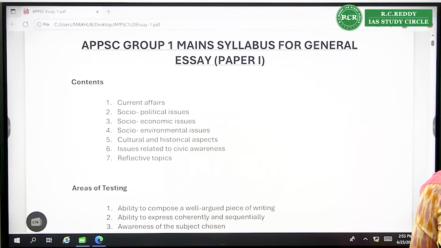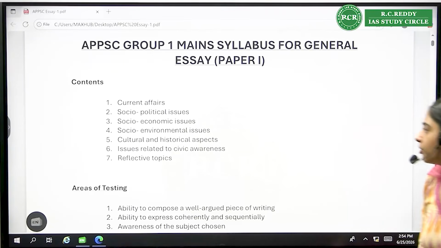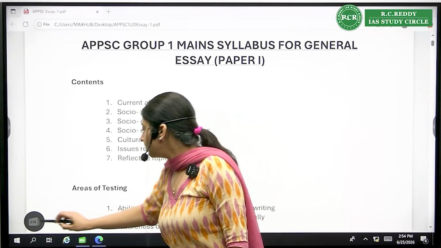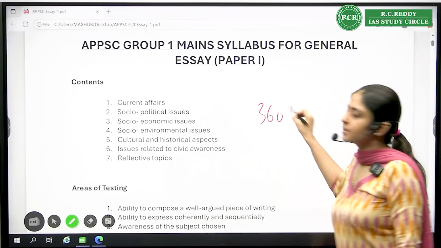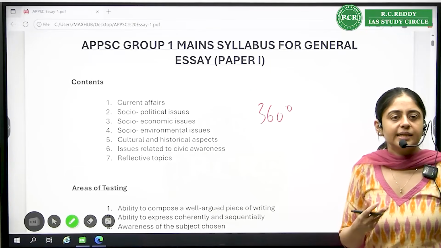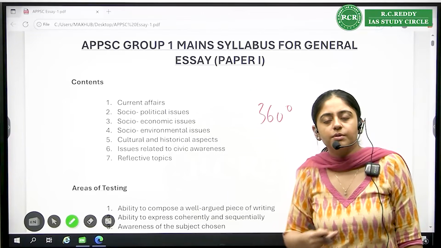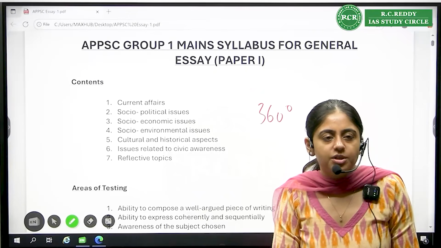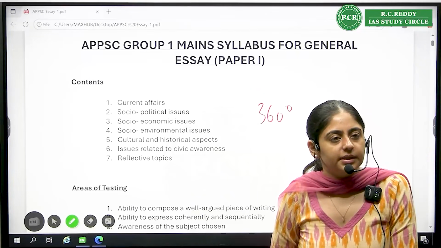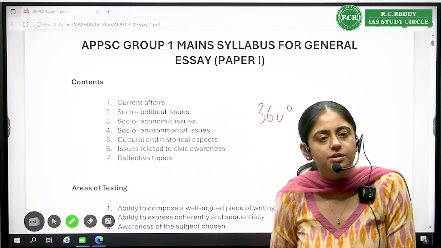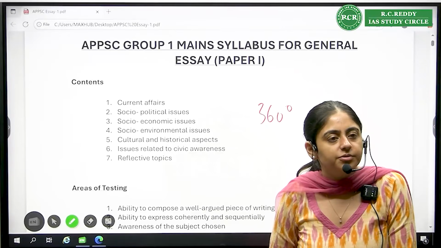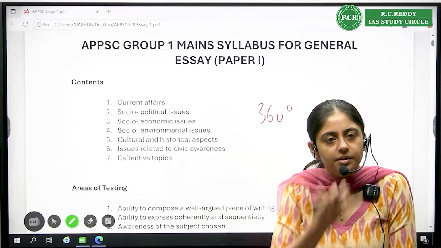So here you need to have full-fledged knowledge about it. Half-hearted knowledge will lead to fewer marks. They're looking for a person who is able to do a full 360-degree analysis of that thing, holistically explaining that topic. He knows the topic in and out, not just superficial information. Okay, I know artificial intelligence. Do you know all the things about artificial intelligence? Do you know all its applications? Do you know what the challenges in the future are? If the answer is no, don't attempt it.